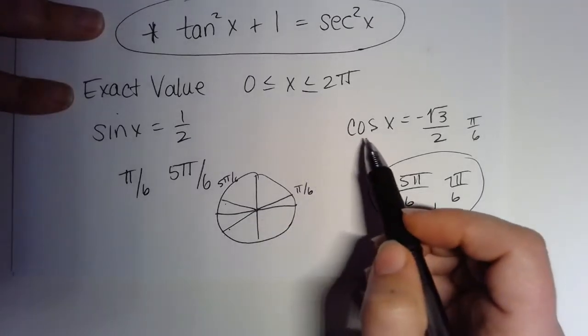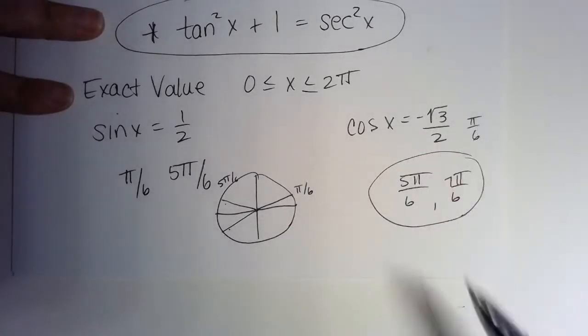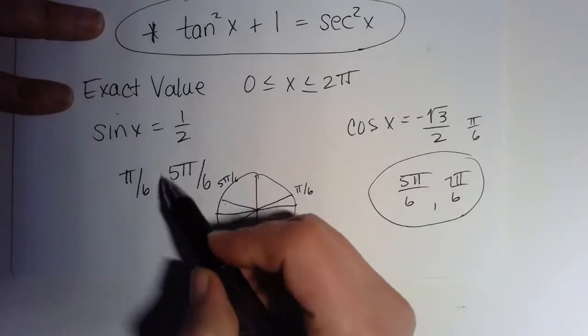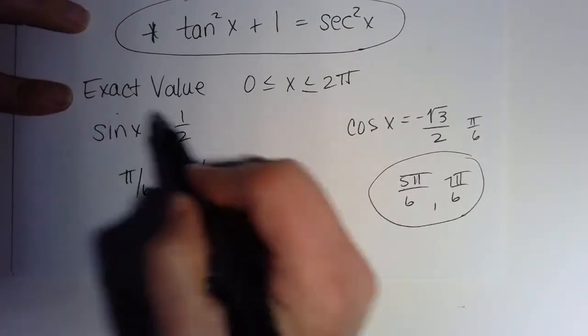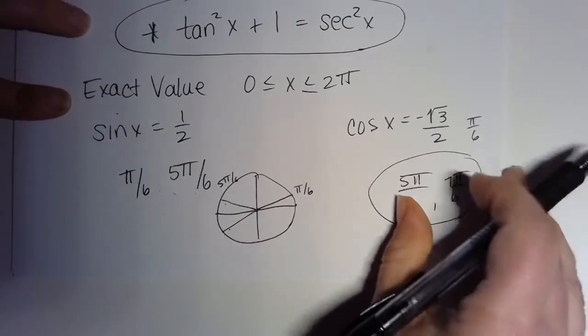Now, I know that if I put arc cos of this in there, it's going to give me decimal approximations, but I want these values. Exact values mean these values. All right, so let's do something a little bit